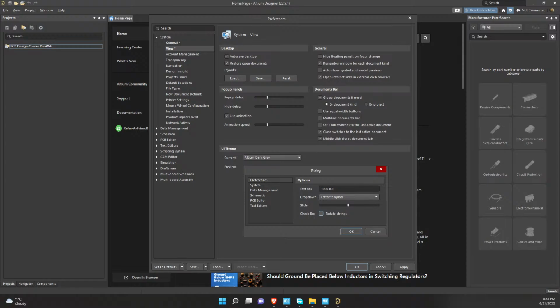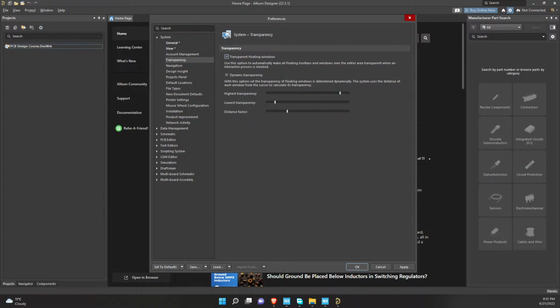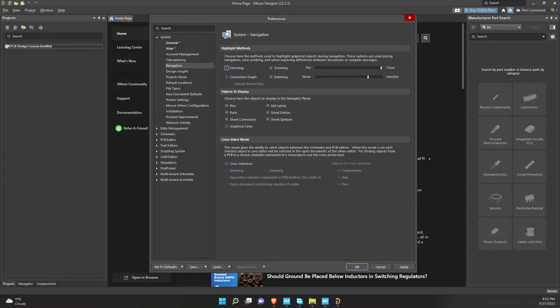It is better to group documents by project. Okay, but we will get to see what this does when we start working with projects very soon. All right, I'm going to skip account management and go to transparency. This is also based on what you want. You can just go through these options and you'll see what they mean and what you can do with them. On the navigation, on the other hand,